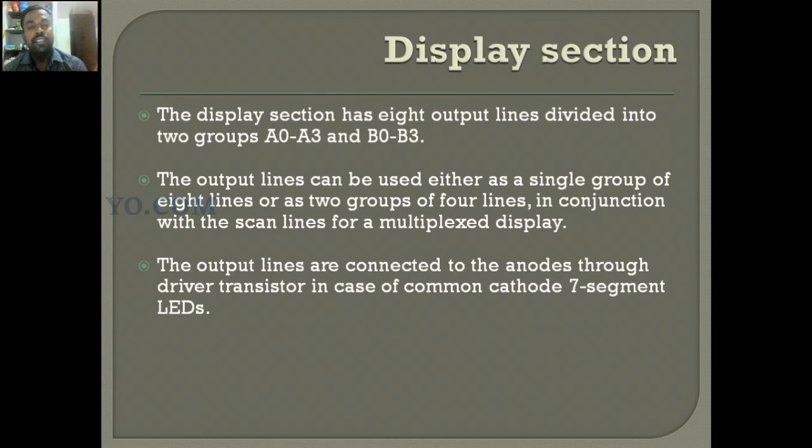The display section has 8 output lines that are divided into two groups, that is A0 to A3 and B0 to B3. So the 8 output lines are divided into two groups, A and B. A is 4-bit, B is also 4-bit.